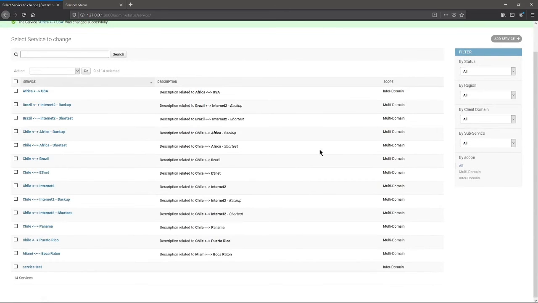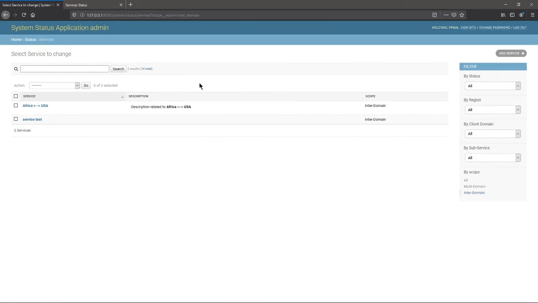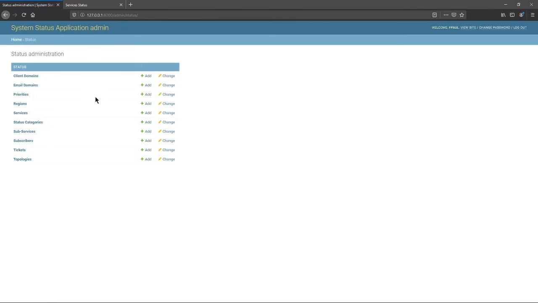Also, as a network engineer, I want to filter the services shown to me by the scope, which is inter-domain or multi-domain. So I can click on inter-domain and be shown all of the services here that are under the inter-domain scope. Okay, so going back,